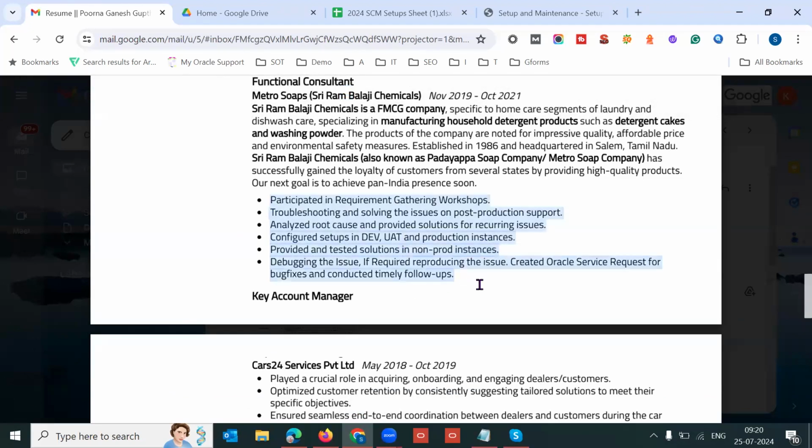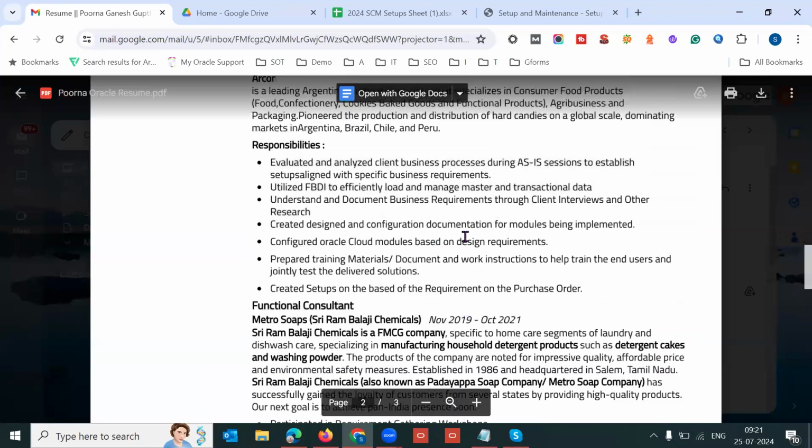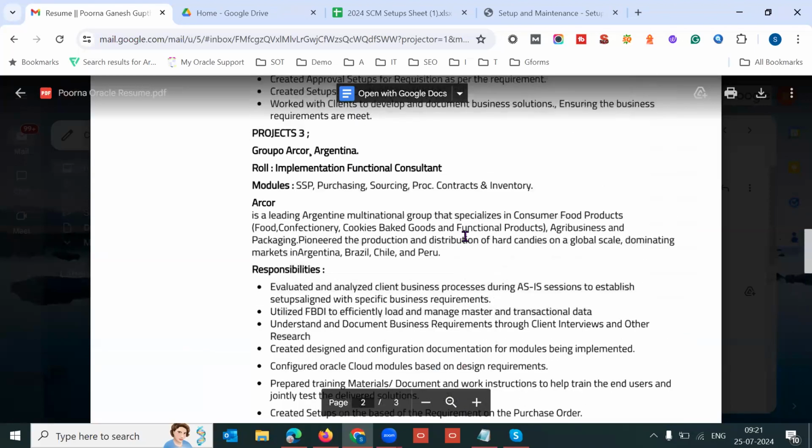these roles and responsibilities should be in a sequence. Sequence in the sense, you participated in requirement gathering, that's fine. After that, immediately you are going to post-production support. Production support should come later, so align that. It should be in a sequence. Okay, and configure production instances, provided this. I'm fine with the remaining roles and responsibilities that you mentioned over there. And